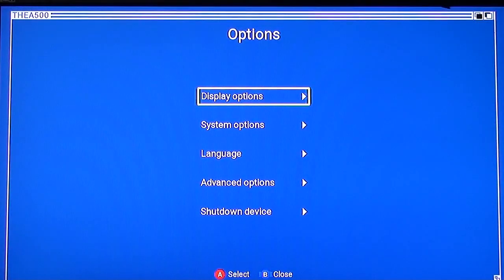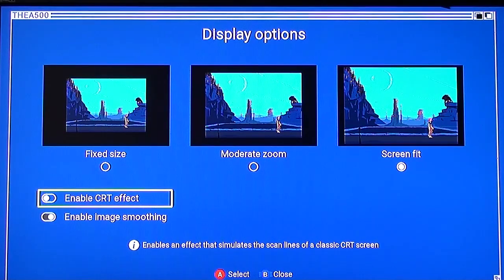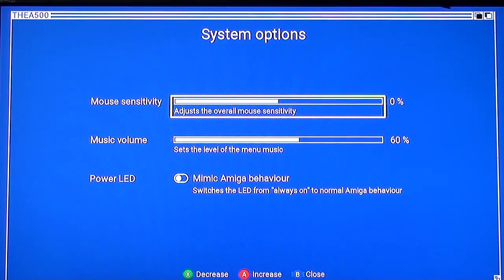You've got options. You can control how big it appears on the screen. You can add CRT effects if you want. You can enable image smoothing. It's turned on here by default. I haven't bothered to turn it off. I think how effective that is varies by game. System options, mouse sensitivity, music volume. Let's get...